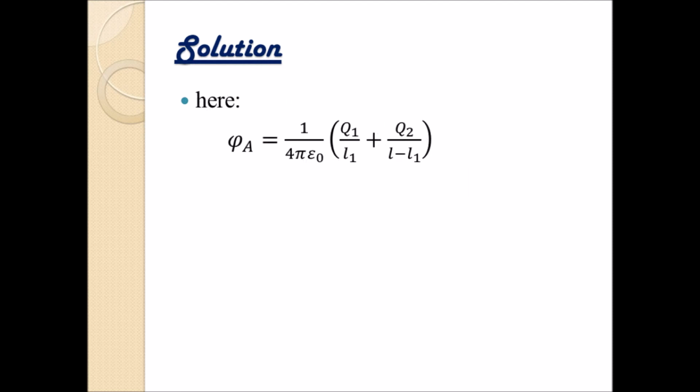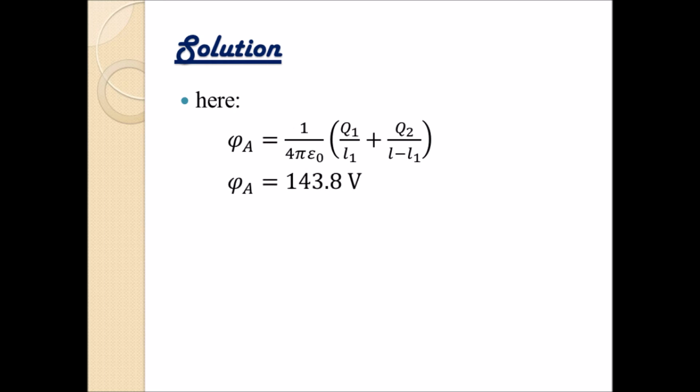And yes, of course, this allows us to solve our problem right away, because in this case it means that phi in point A equals 1 over 4 pi epsilon 0 multiplied with the sum of q1 divided by L1, because our point A is at a distance of L1 from q1, and the second term is q2 divided by L minus L1, because point A is precisely L minus L1 away from q2. And we've given all these variables in the basic units, so we can calculate phi right away, and we get that phi in point A is